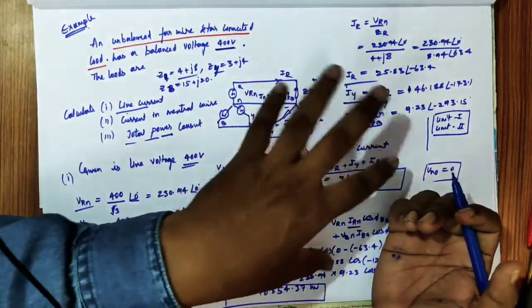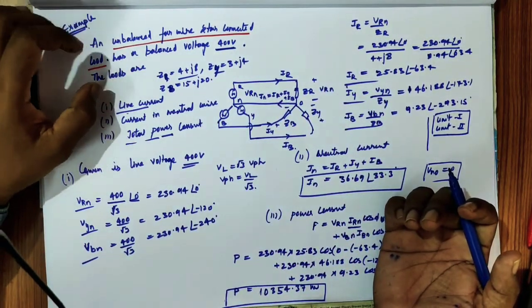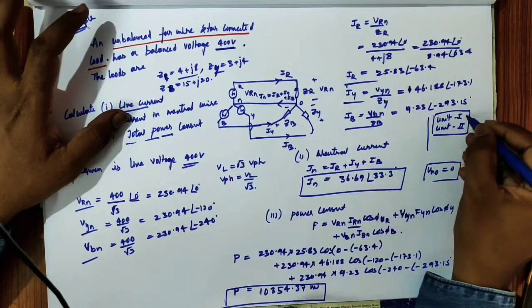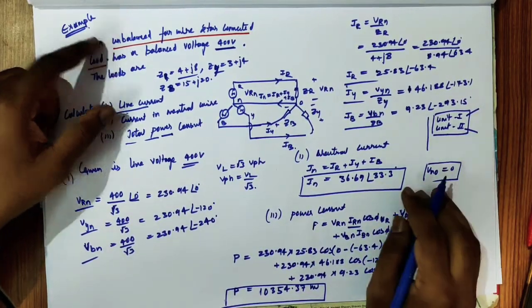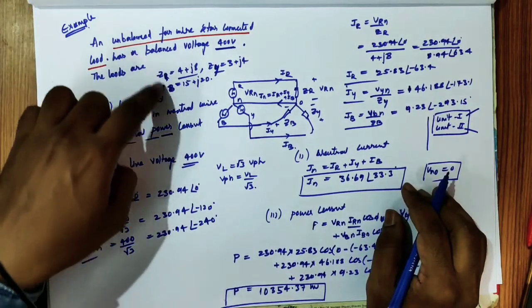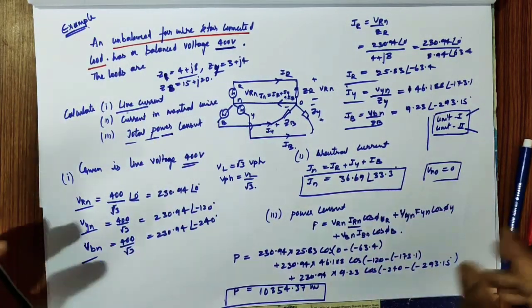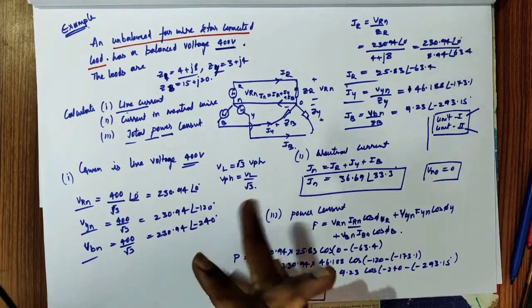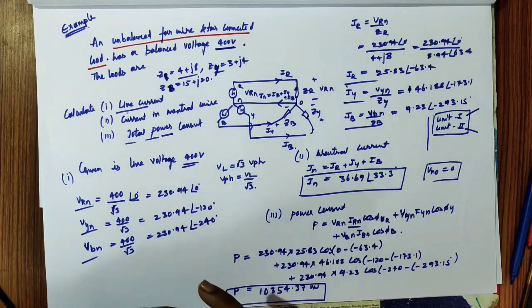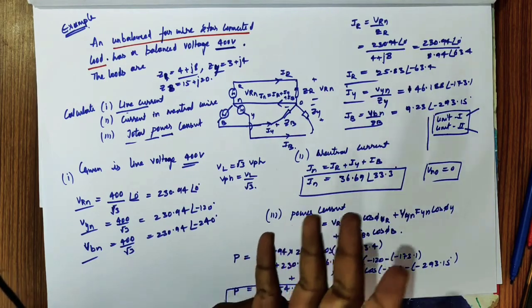The only thing to observe is that if the question is given as balanced, it is unit 1. If the question is given as unbalanced, that is unit 2. So balanced and unbalanced, the only difference is the values of impedances. If the impedances are equal, that is balanced. If the impedances are not equal, it is unbalanced. And in the next classes we will discuss the power measurement of 3-phase winding with wattmeters.